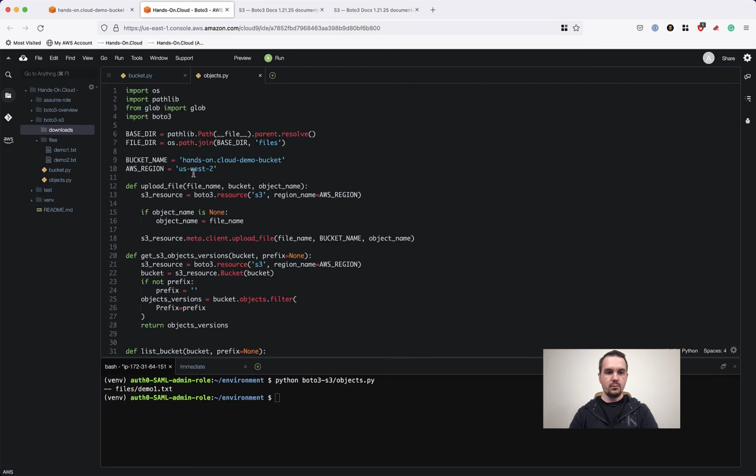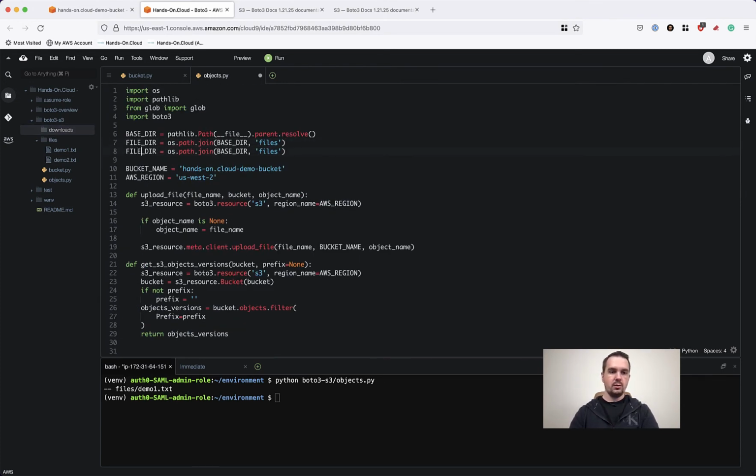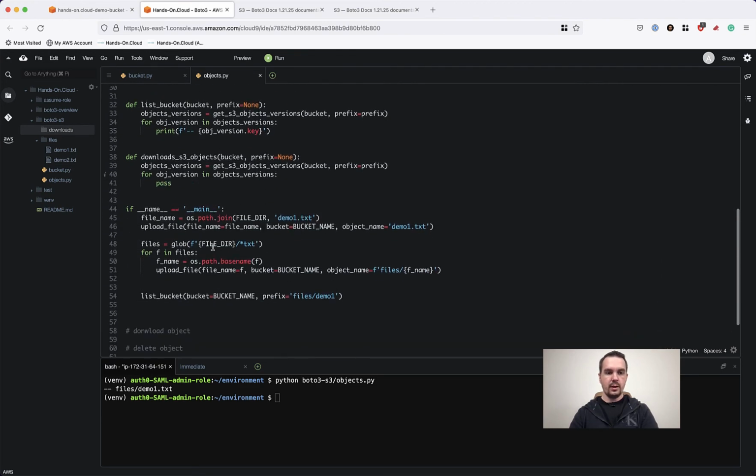Now we need an additional global variable here. Let's call it downloads directory, and here instead of files we will use downloads. Okay, so now this downloads directory will contain the path to this downloads folder on our local file system. So next,